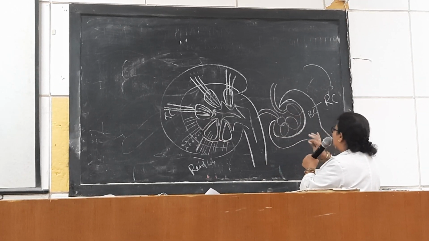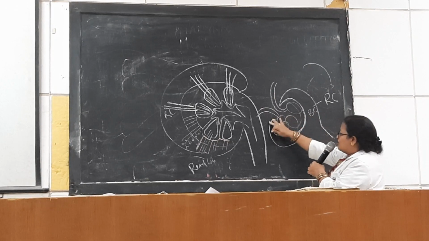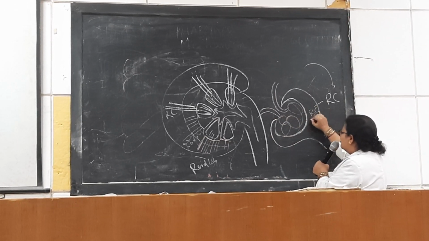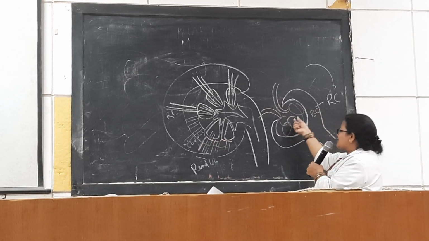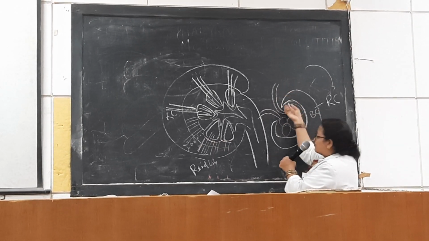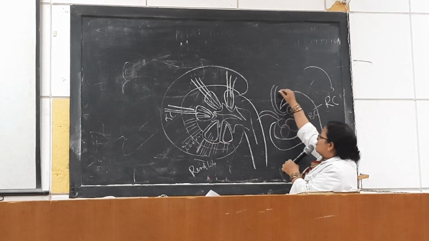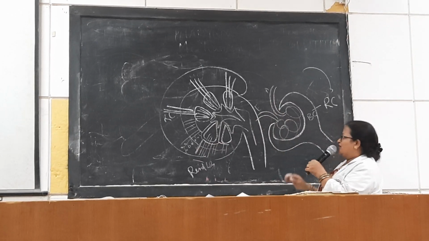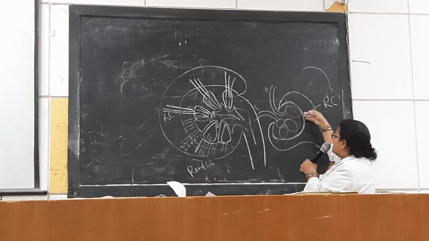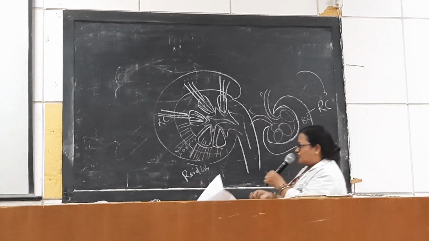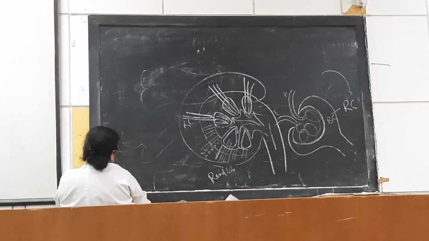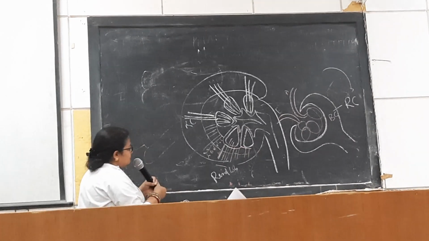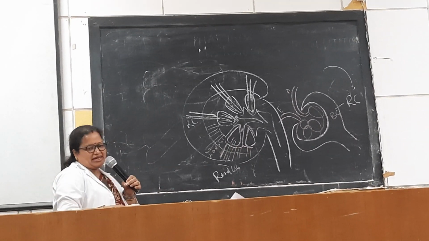structure. So what is the renal corpuscle? The renal corpuscle includes a blind sac called Bowman's capsule, which contains a tuft of glomerular capillaries formed by the afferent arteriole and an efferent arteriole. The inner lining is formed by the footplates of podocytes. So we will go to the filtration barrier.